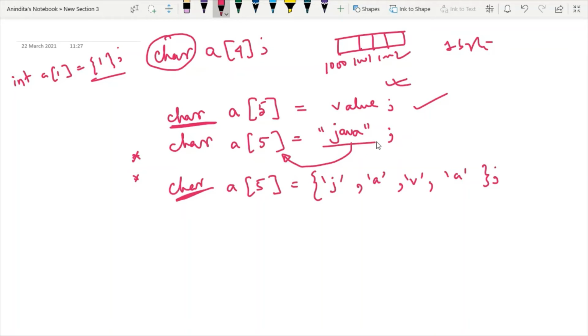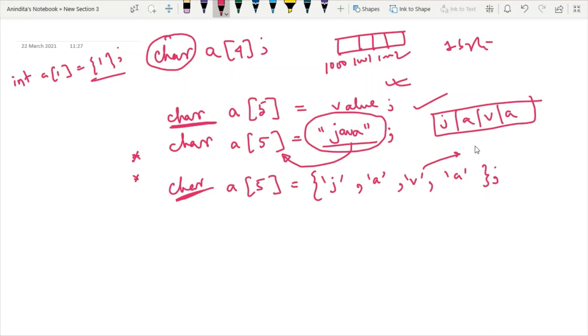So whenever you are writing one word, you have to use double quotes. It means an array will be created and then this string will be assigned like this. And here also the same thing will happen, but here we are accessing character-wise, so each and every character should be enclosed with single quotes.